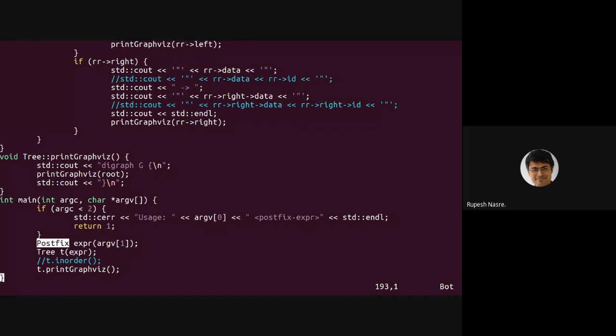This postfix expression I give to the tree class's constructor, which internally builds the expression tree automatically. I don't have to even call any function on T. We'll see how to do that, but essentially the template is going to be similar to evaluation of postfix.